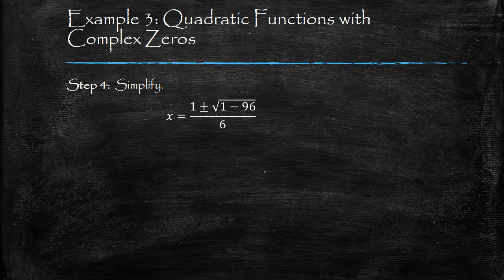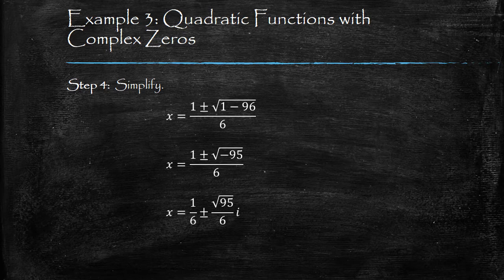So now we need to finish simplifying from here. 1 minus 96 is the square root of -95. Okay? Now this starts coming in with the imaginary numbers. Factor out your square root of 95 and your square root of -1. So you're left with the square root of 95